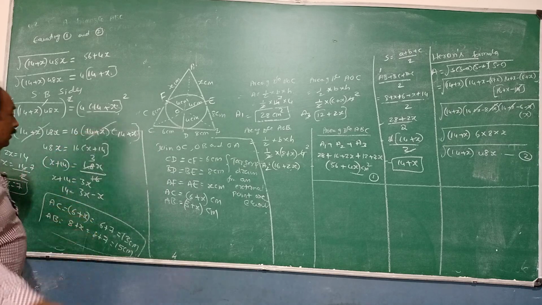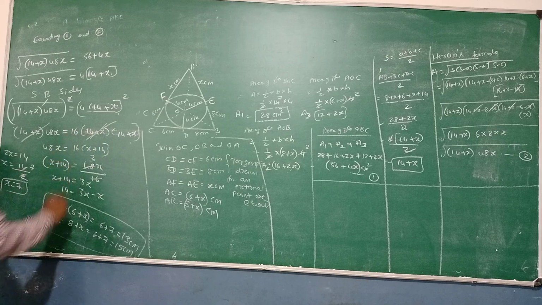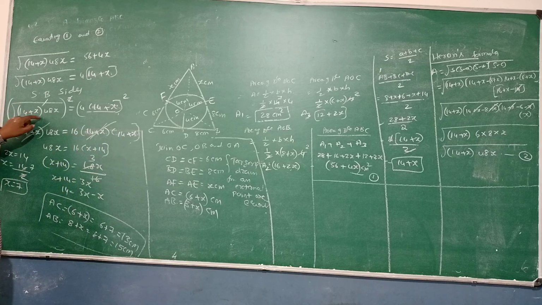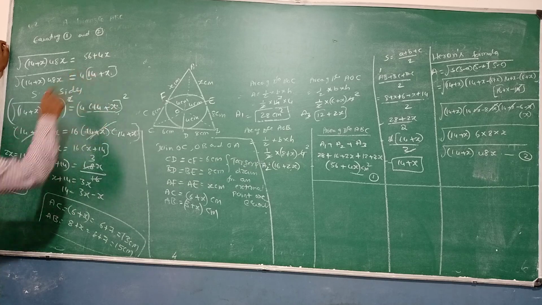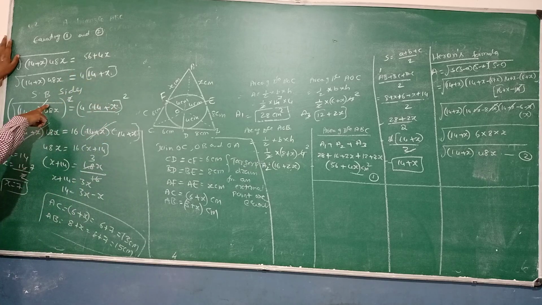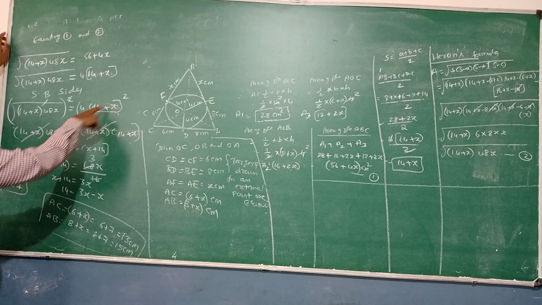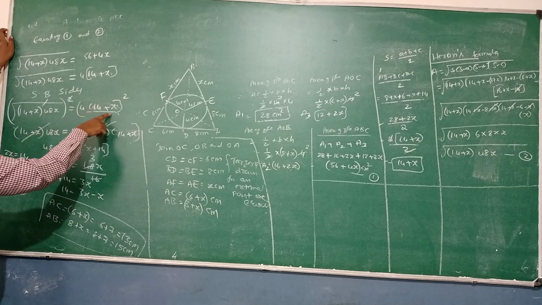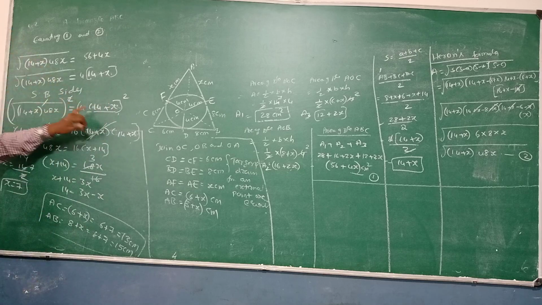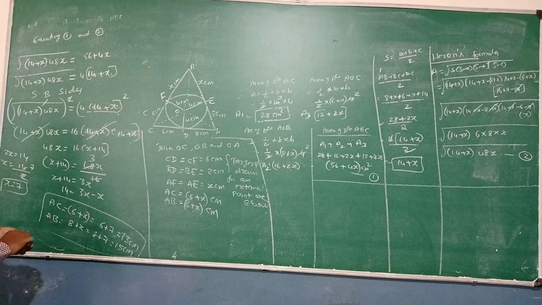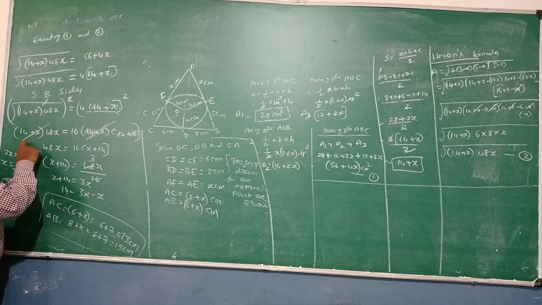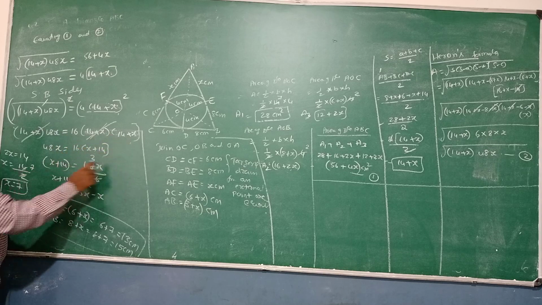So here, squaring on both sides, root of 14 plus x into 48x whole square is equal to 4 into 14 plus x whole square. This root and this square cancel. 14 plus x into 48x is equal to 4 fours are 16, this is 14 plus x whole square. It means a plus b whole square can be written as a plus b into a plus b. 14 plus x cancels. 48x is equal to 16 into 14 plus x.